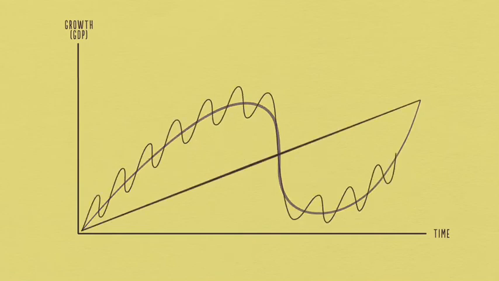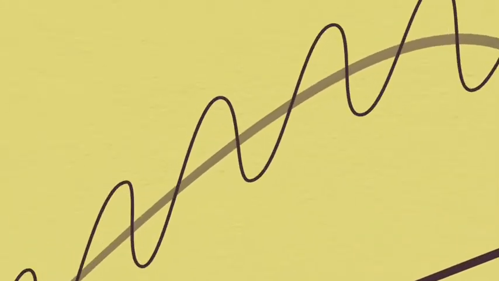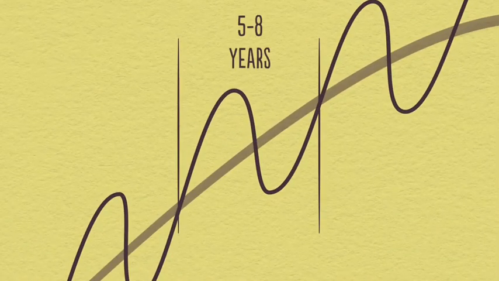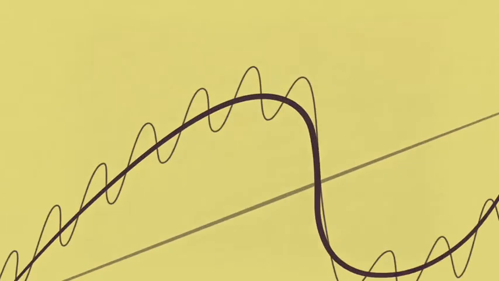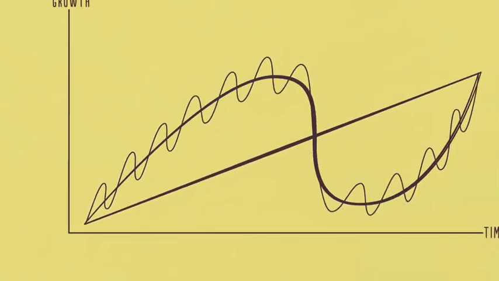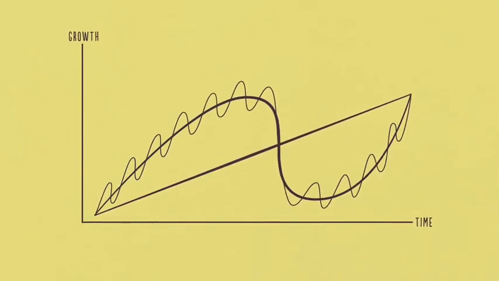Debt swings occur in two big cycles. One takes about 5 to 8 years, and the other takes about 75 to 100 years. While most people feel the swings, they typically don't see them as cycles because they see them too up close, day by day, week by week. In this chapter, we're going to step back and look at these three big forces and how they interact to